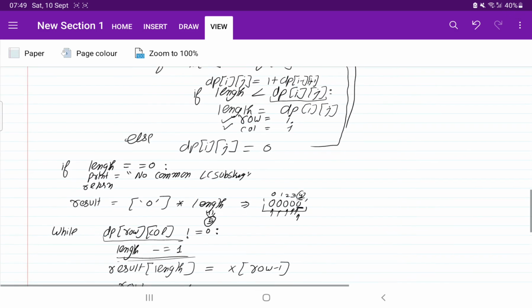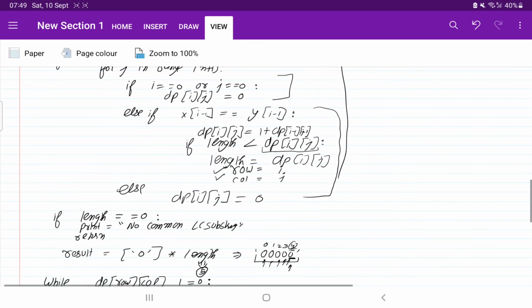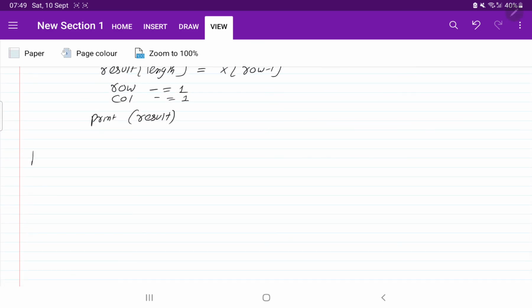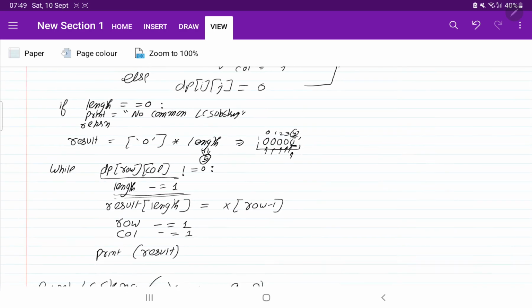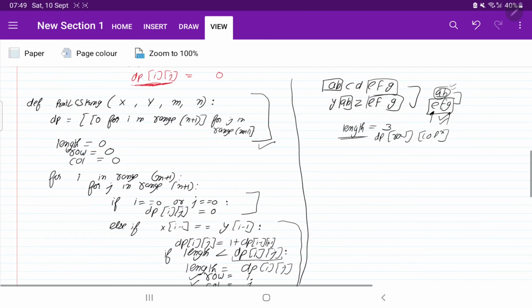So this is the function that we have written, and this is how the function call will happen. We print the lc string function and pass x, y and m and n. Suppose the lengths are directly given to us, or you can find the lengths. So it was 9 and 8. Like this we are going to call the function.